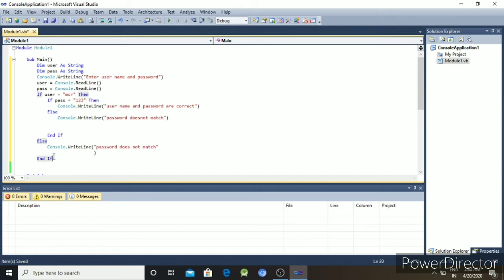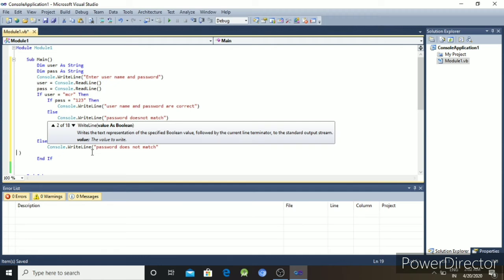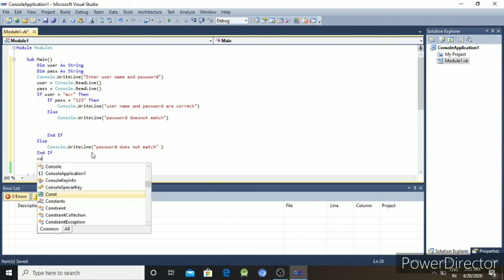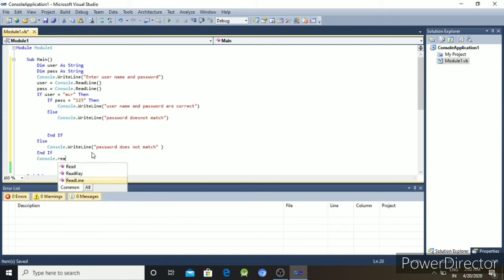Okay, then Console.ReadKey or ReadLine is used to hold the screen.